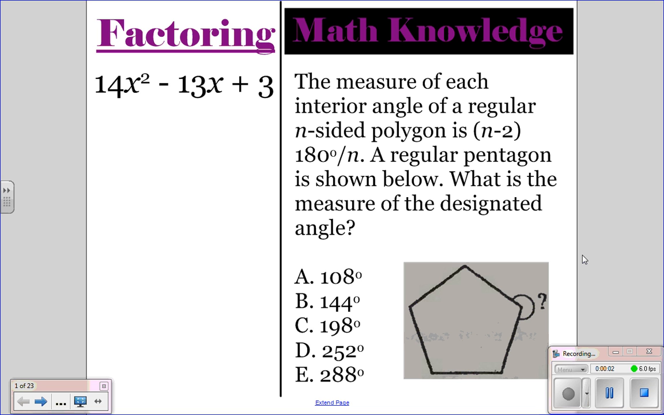All right, so y'all go ahead and do the factoring and the math knowledge question for today. Pause the video, and then once everyone is finished, you can unpause the video, and I'll go over the correct